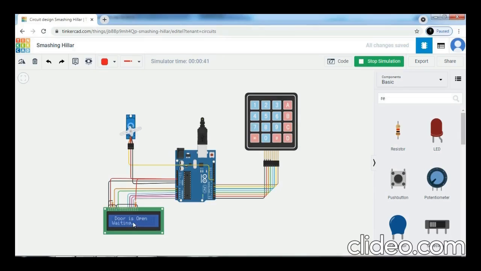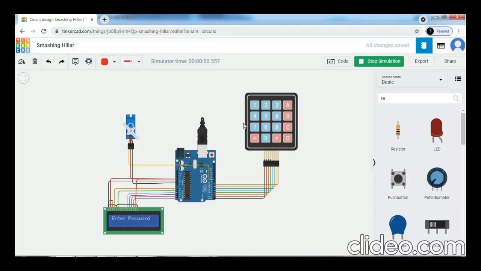Now it waits for 5 seconds. After waiting 5 seconds, the motor rotates and the door gets closed automatically and the display shows enter password.